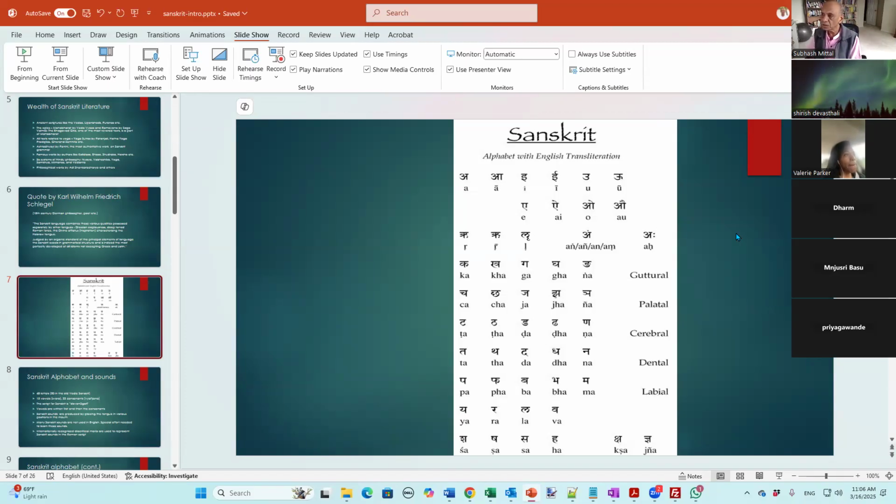Okay. So now, this is the main focus of the session. These 3 days, 3 sessions, is actually to learn how to pronounce the Sanskrit sounds, because that's some of the most difficult and challenging tasks for a lot of people who are not familiar with these sounds. Okay, so we went through the Sanskrit alphabet last time. The first few letters are all vowels.